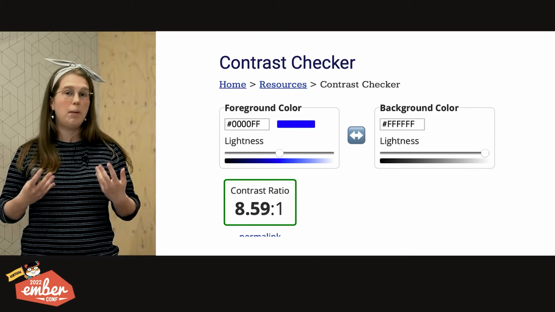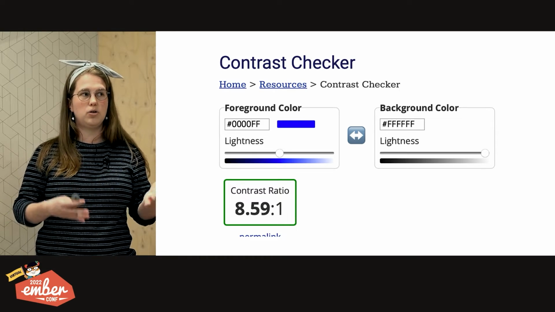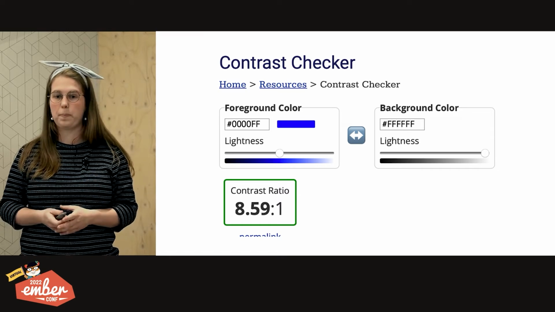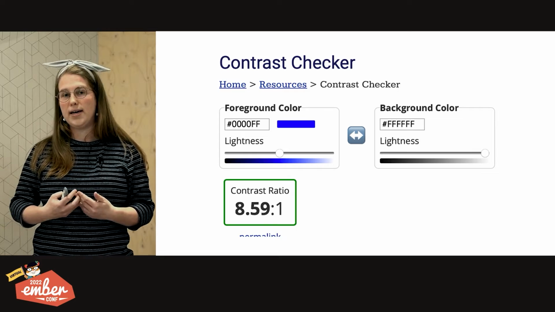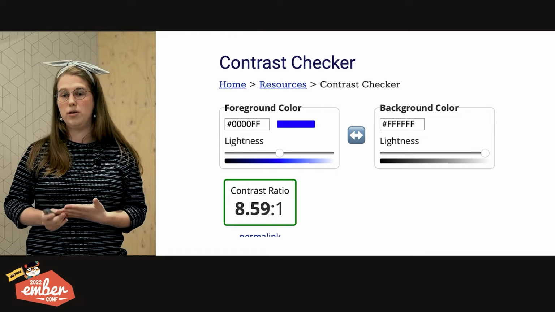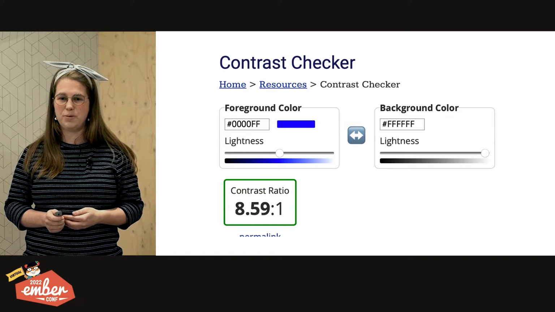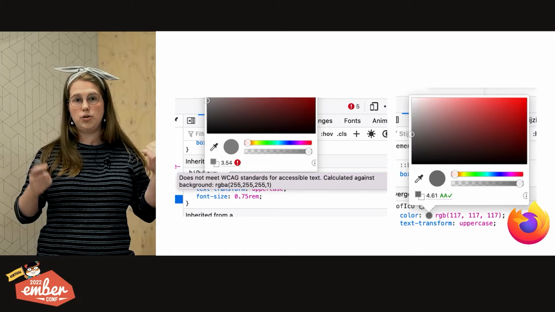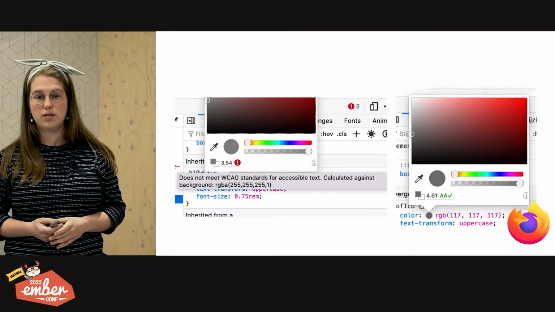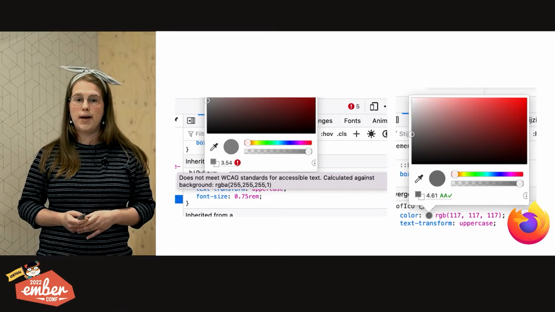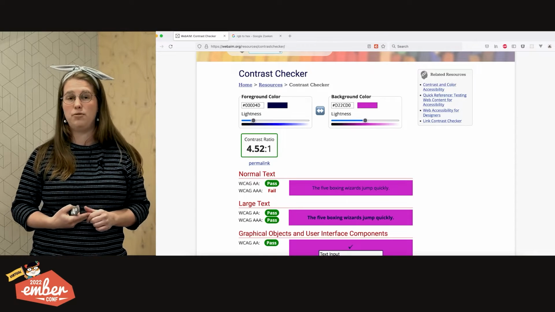Be aware that this number is a mathematical number, which probably doesn't mean that it works on each screen the same. So if you're scooting it super close to the accessibility guidelines cutoff point, you're probably not making it accessible across all screens and devices. Firefox allows you to hover over a color and it will show you whether or not you passed the color contrast check. When we go back to the contrast checker, I've chosen two colors